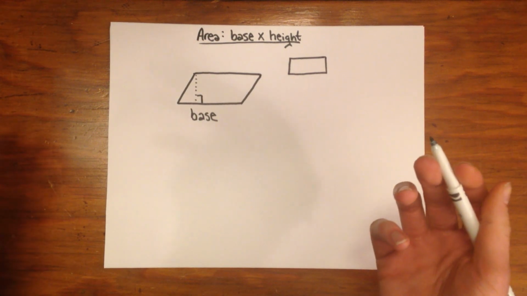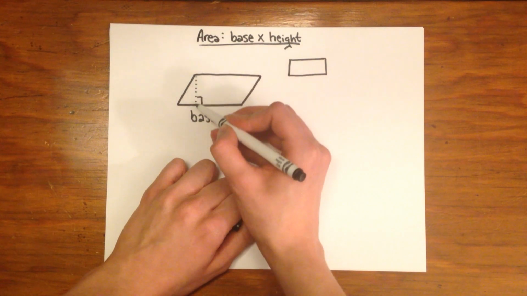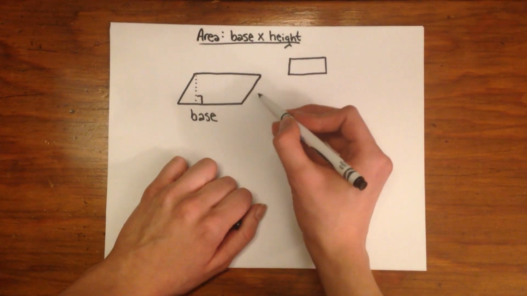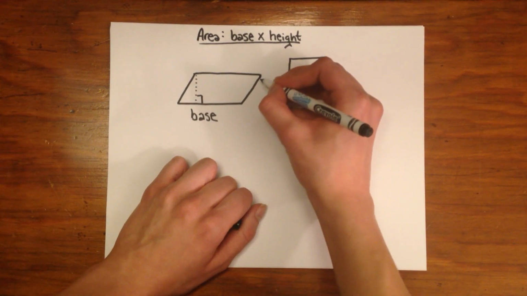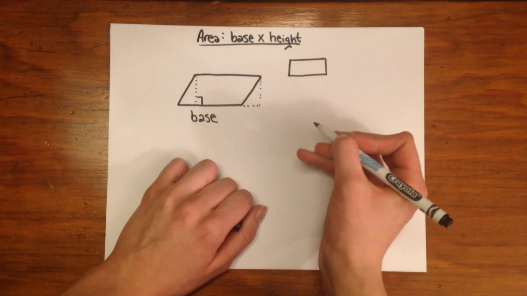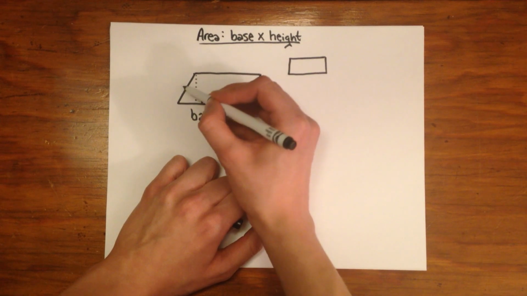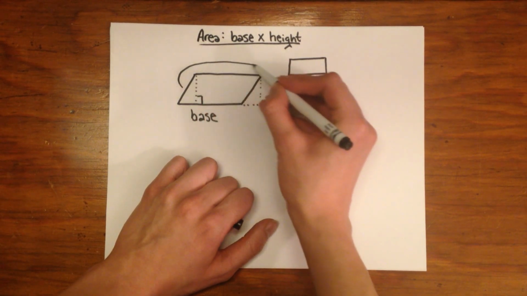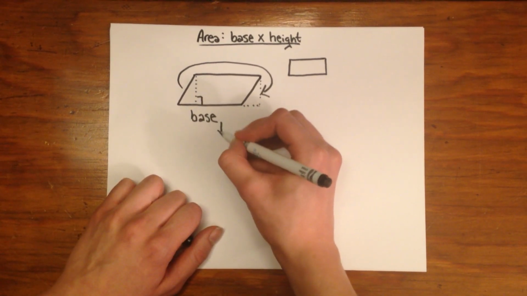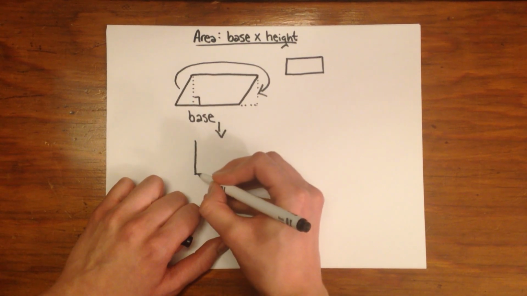So the first one, and the most obvious one that I think we can think of, is where we drew this dotted line. We can see we got a little triangle there. And over here, if we were to imagine a little triangle, it would fit pretty perfectly. So if we take our triangle here, and we chop it off the end, and we move it over here, and then draw our arrow,